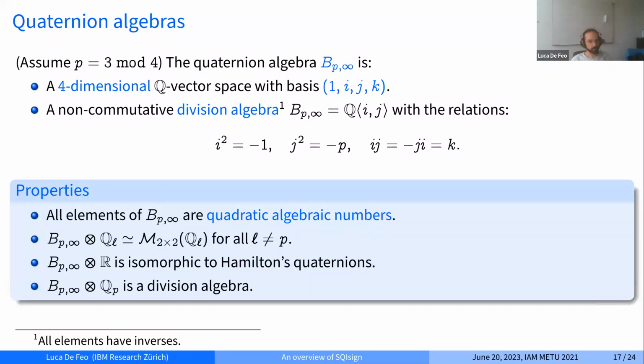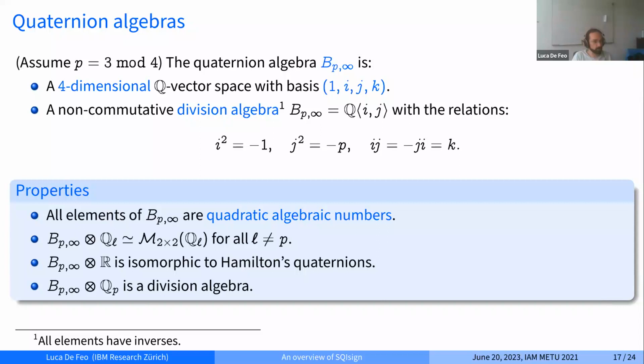So what's a quaternion algebra? From now on, I'm going to assume that p is congruent to 3 mod 4, exactly like in the example before, just because it makes notation simpler. This is not strictly necessary, but it's very convenient, and we do it all the time, and it's done in SQIsign. So the quaternion algebra ramified at p and infinity is a 4-dimensional vector space over the rational numbers. So it's essentially something generated by 4 elements. One element is just 1, so that component is just the rationals. And then there are 3 elements, i, j, and k, as we usually denote them, which satisfy